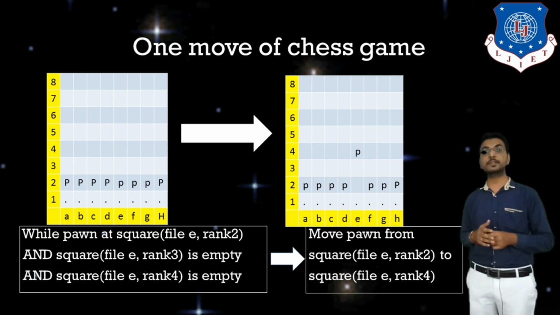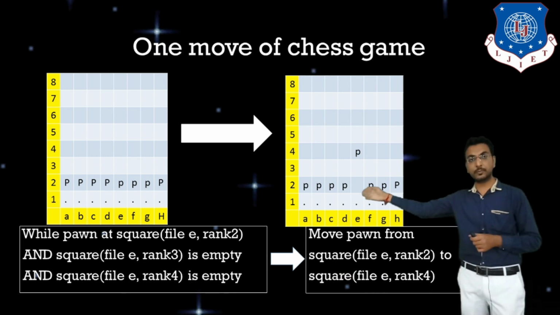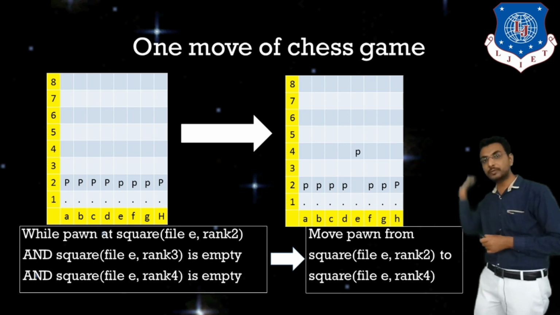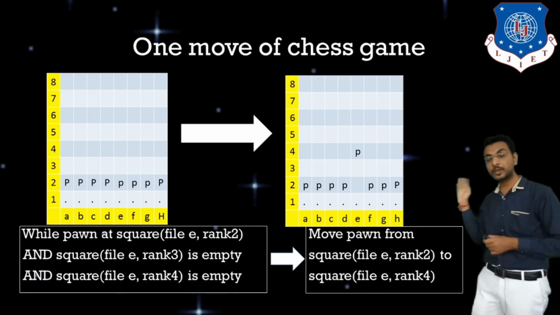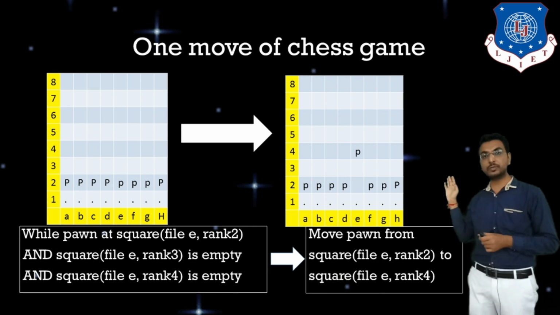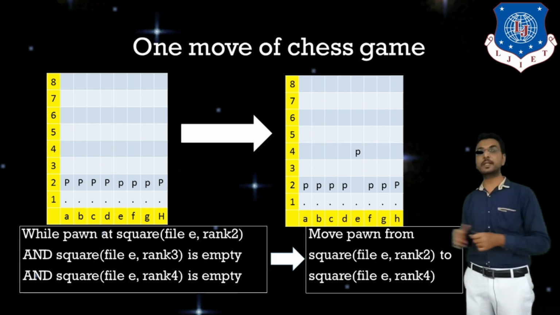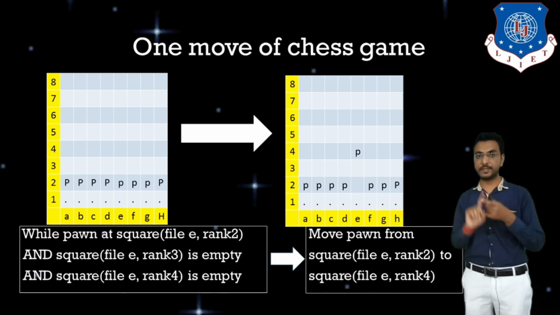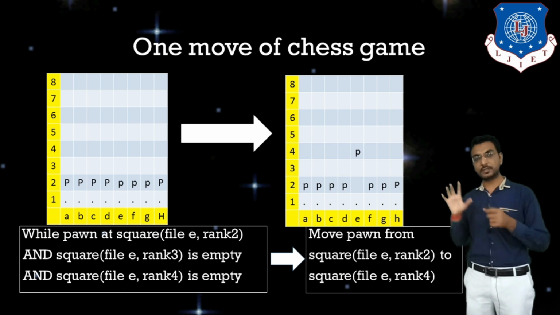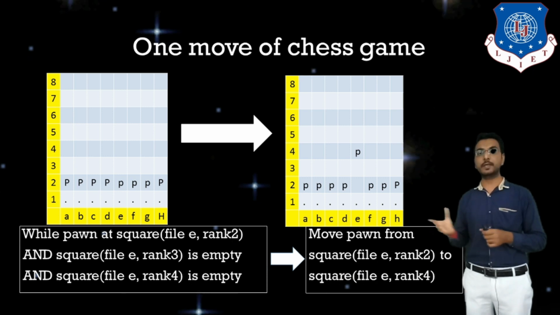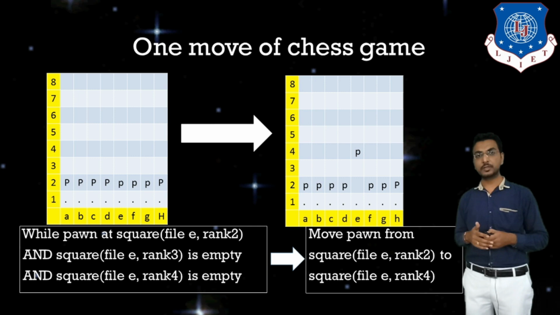And the last thing is search. That means going from this position to the next position, and from that to the next position, until we reach the goal state, from initial to goal state. That is called my search. The representation is called my state space, and the steps that we carry out are called my search. The definitions of all these things we are going to cover in the last section of today's lecture. So this is a chess game, that means one move of a chess game.